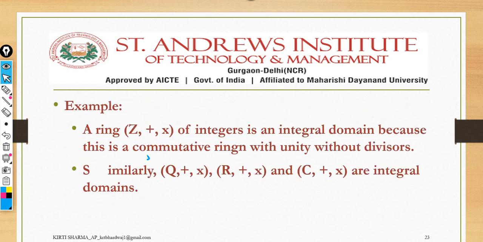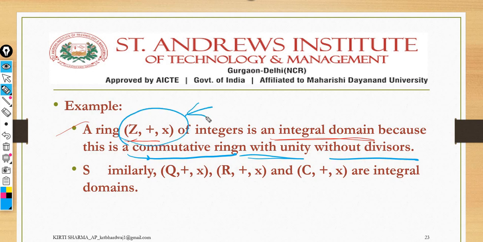Okay, so next we have the examples, right? The set of integers in case of rings is called an integral domain. Why? Because it is a commutative ring with unity and without zero divisor. As I have already mentioned in the previous example, integers are the single one satisfying all these conditions: commutative with unity and without zero divisor. That's why it's also called an integral domain. One more thing, if integers satisfy this property, then of course rational numbers, real numbers, and complex numbers will also satisfy the same, because these are the supersets itself.